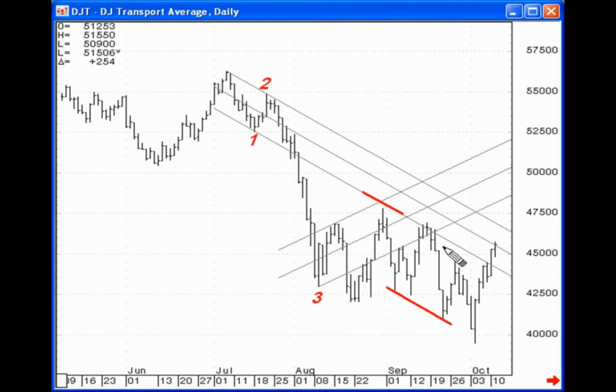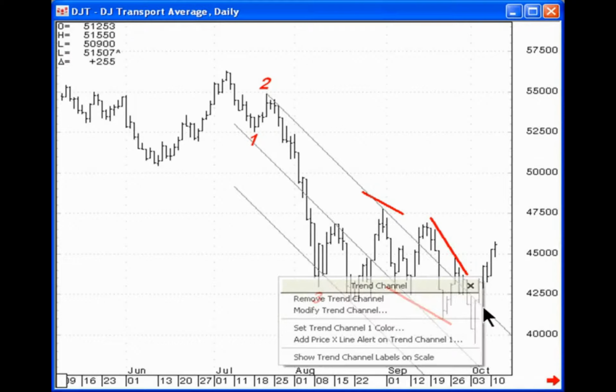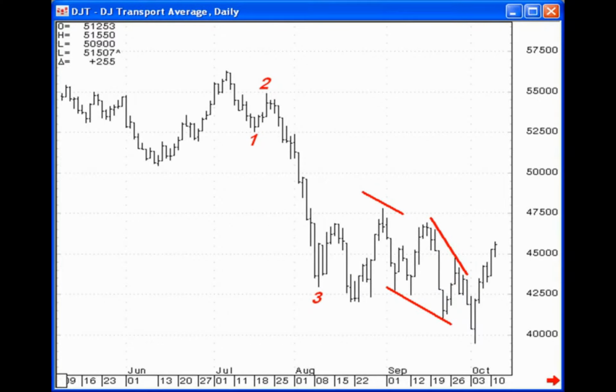And then what we have going to the low here is an ending diagonal. And again, we also employ our Elliott terminating channel here to identify our support. Well, we didn't really find too much of a support off that Elliott channel. But again, what's important about this structure in this example here